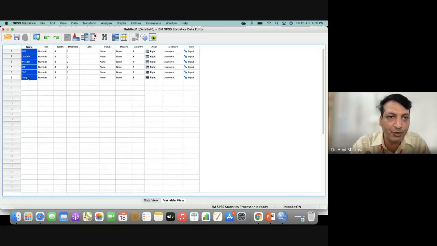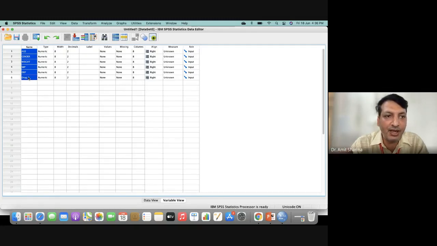Now, points to remember: never write name of the variable more than 8 characters. I'll repeat again: never write name of the variable more than 8 characters. Now, what's the reason? Because everything you are not going to do with a single software called SPSS. Few things you are going to convert your data from one software to another software. That means the sheet which you are going to make here, you can take to MS Office, Excel also. You can take to another software. So all the statistical software are compatible to each other.